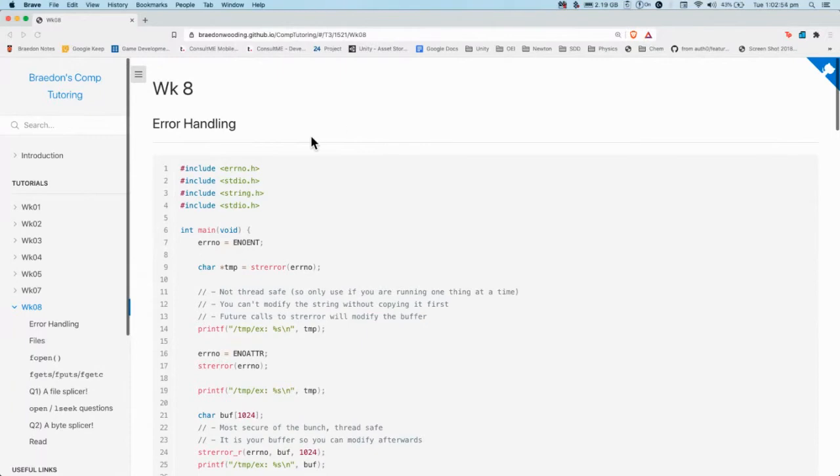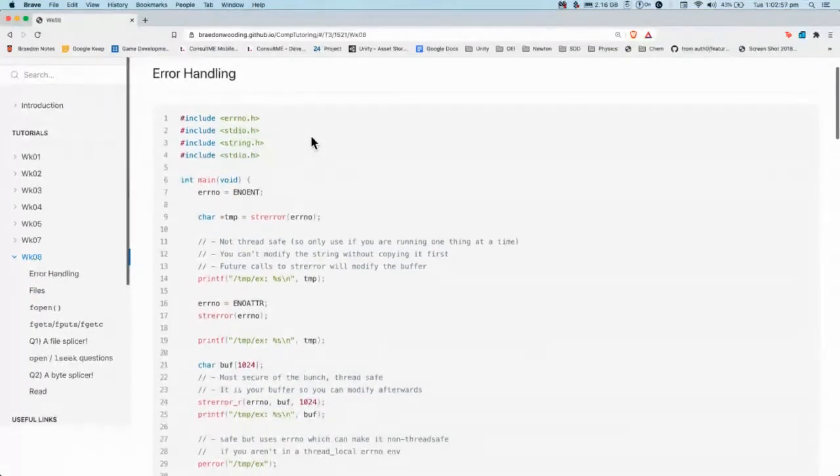Okay, so let's begin by looking at errno a bit. So errno is an interesting part of C in that it's a very different way of error handling than a lot of programs approach it. So effectively,